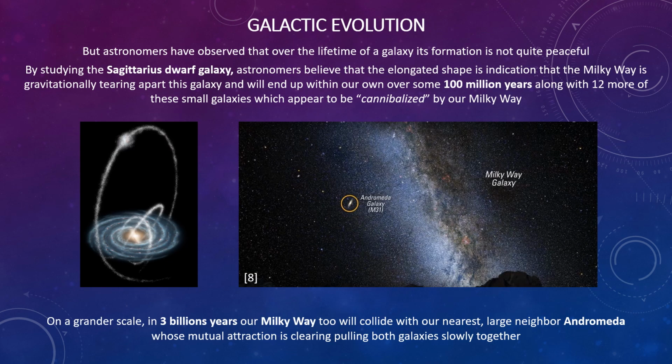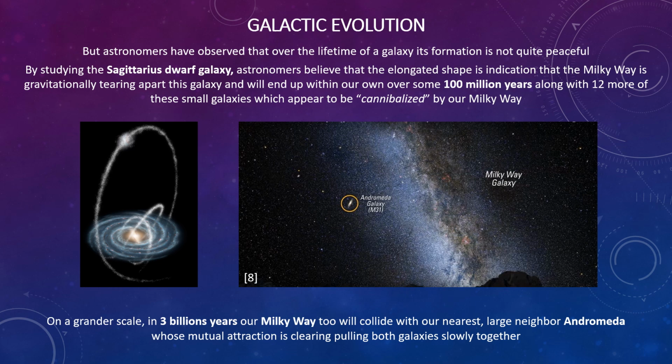So galaxies are evolving through their own star formation and how they're using up their gas and dust to form new stars. But another way that they evolve is through interactions with other galaxies. Our Milky Way galaxy actually has quite a few smaller dwarf galaxies orbiting around it. By studying the Sagittarius dwarf galaxy, astronomers believe that its elongated shape is an indication that the Milky Way has been gravitationally tearing it apart, and that it will end up within our own galaxy over about 100